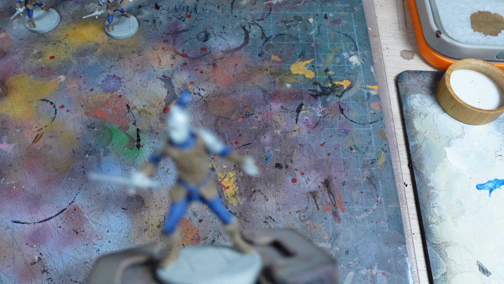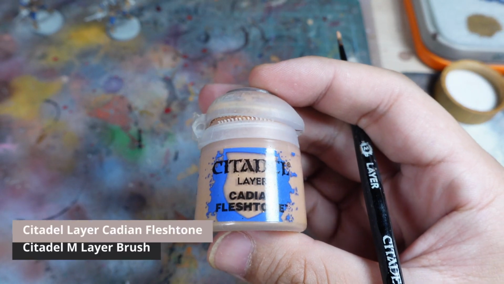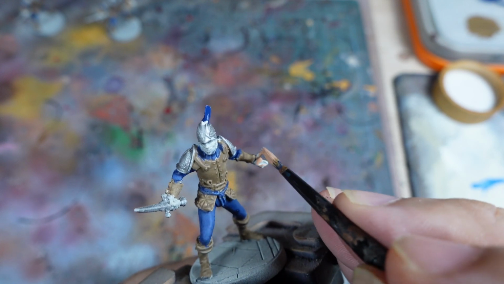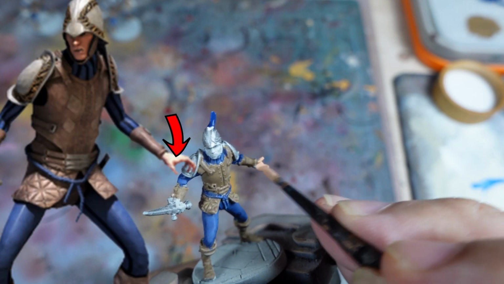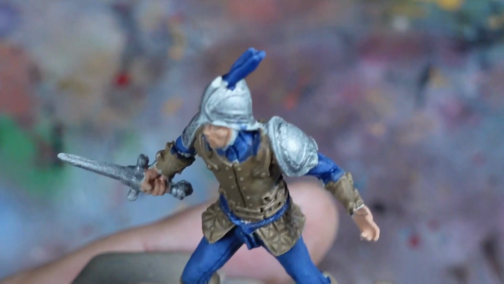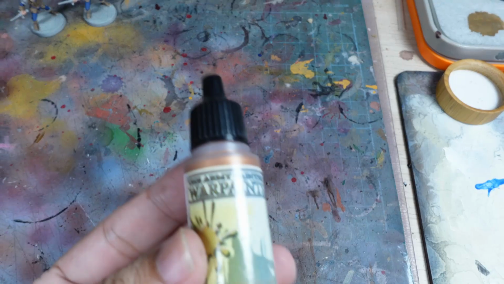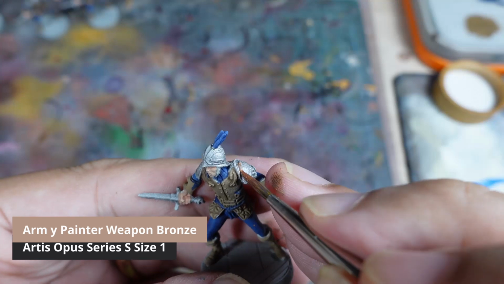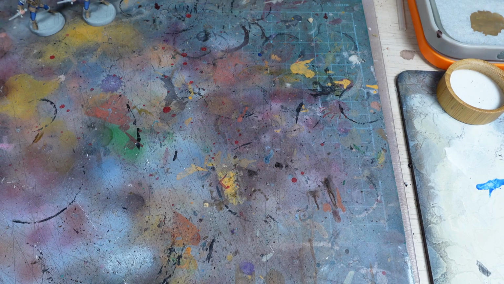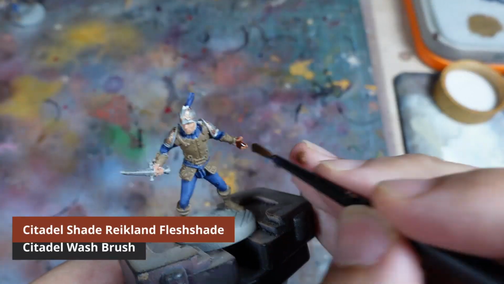So now we're going to work on the skin tones, and my go-to for Caucasian skin is Cadian Fleshtone. Since we started with a light base coat due to the zenithal priming, we can easily paint on the skin color on the hands and face. Next, you might notice that there is a little bit of extra bronze detail on the helmet and shoulder pads, so let's paint that in with some weapon bronze. With a thinner brush, we can simply paint on the bronze lines. By now, the flesh portions have dried, so I will use Reikland Fleshshade to give some quick shading to the